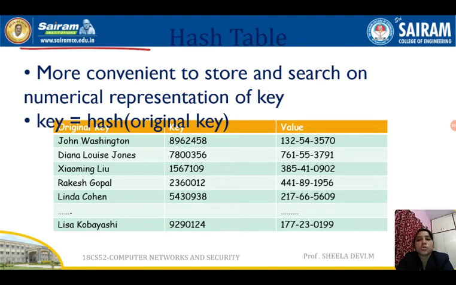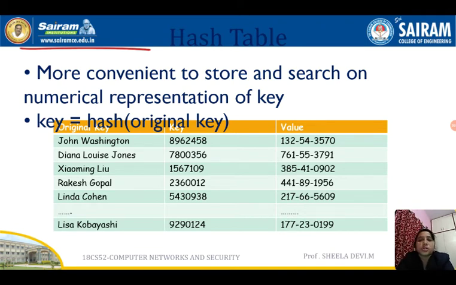So we are not going to save the key as John Washington. Instead, I apply a hash on John Washington, and whatever integer I get will be saved as the key. The hash value of John Washington is 8962458. So for this key, what is the SSN number for John Washington?